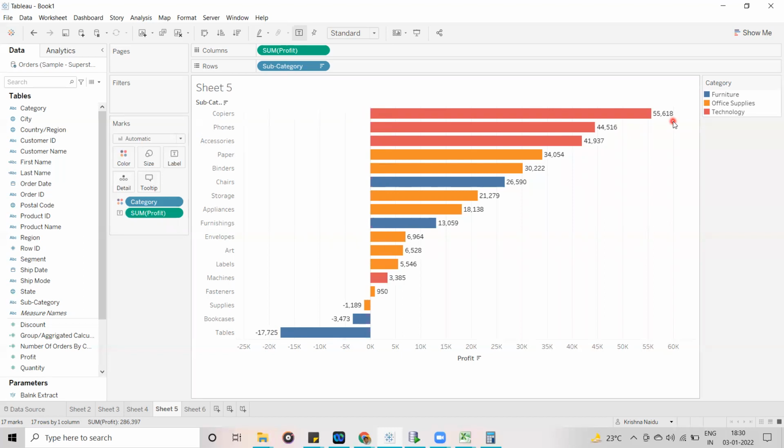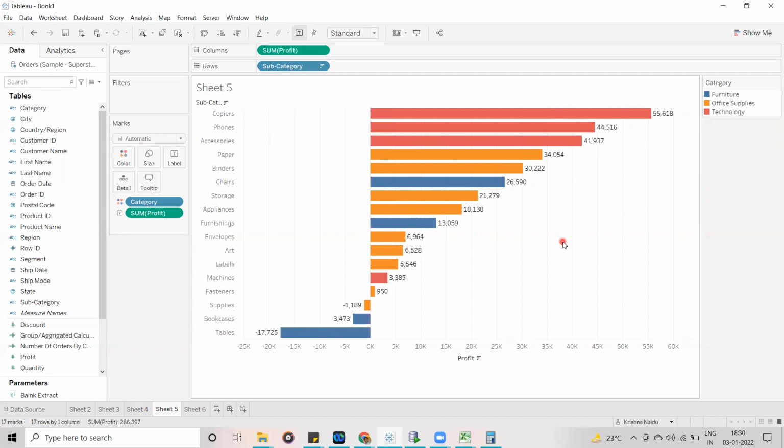Guys, always remember, the measure values are displayed based on the dimensions; the measure values are distributed accordingly.